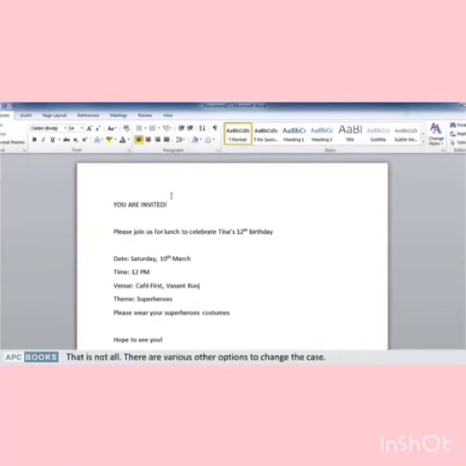That is not all. There are various other options to change the case. Sentence case changes the first alphabet of the sentence to uppercase and the rest to lowercase. Lowercase will turn all alphabets to small letters.